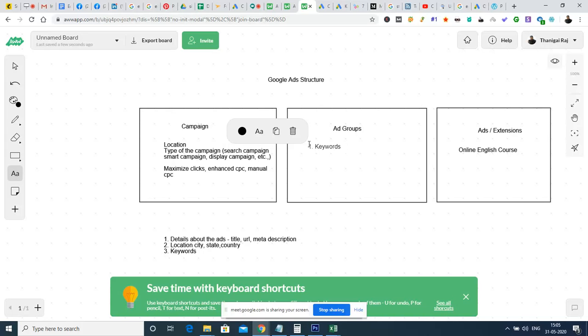So in this way we can create multiple keywords for multiple groups, right?